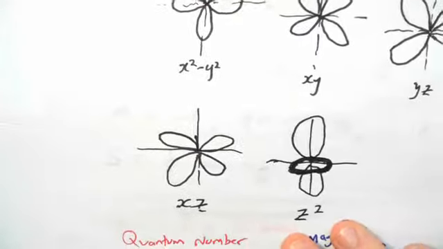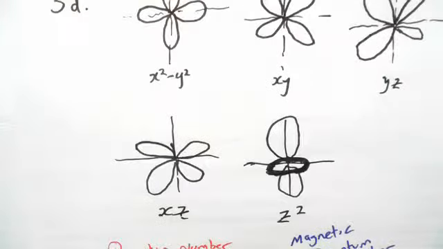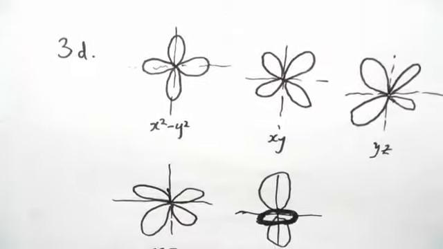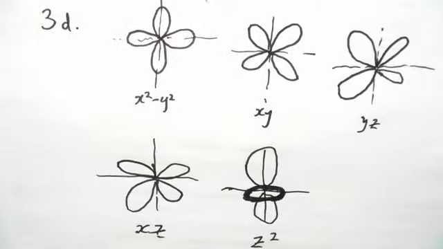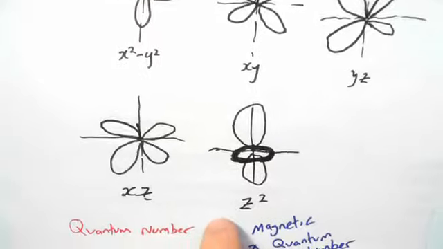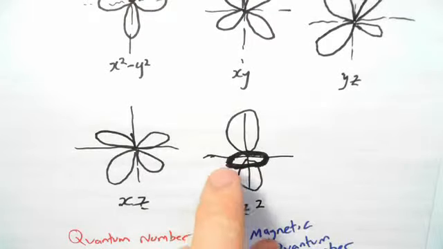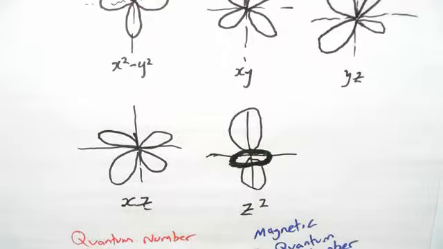And then 3d is again weirder because you've got four lobes now that follow two axes at once, and then you have this 3dz squared, which has two lobes but also a donut shaped ring that is also part of the orbital in there. So some interesting shapes, but